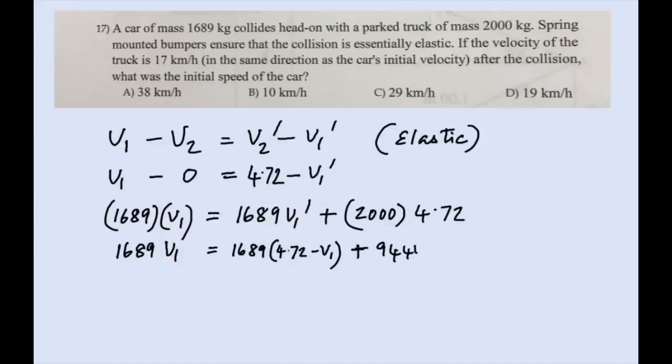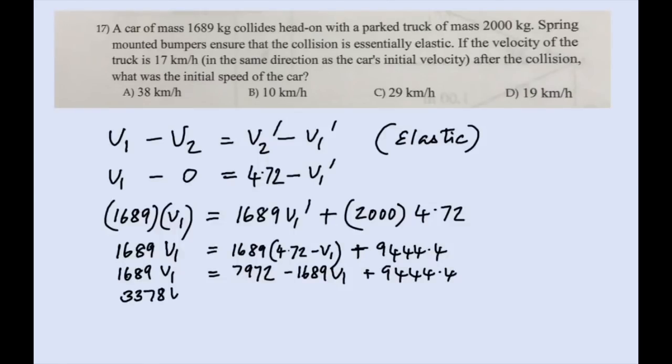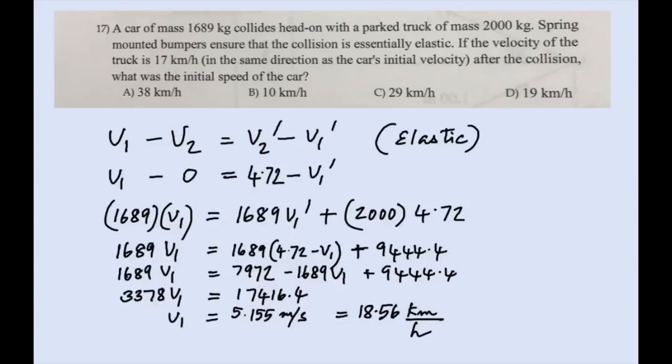And then substitute that and calculate. It is just a matter of bringing out V1 to one side and calculating. Get the answers 5.155 meter per second, but since the answers are given in kilometer per hour, I just brought it back into